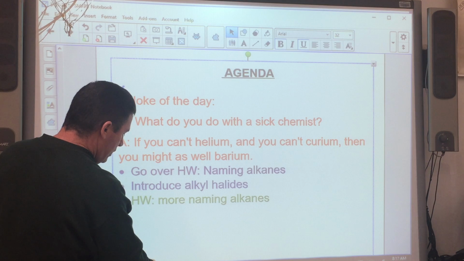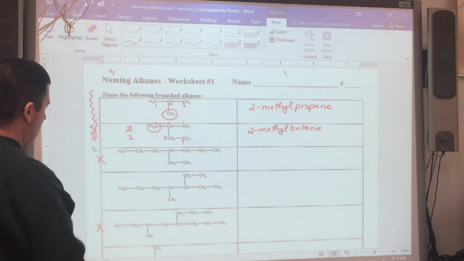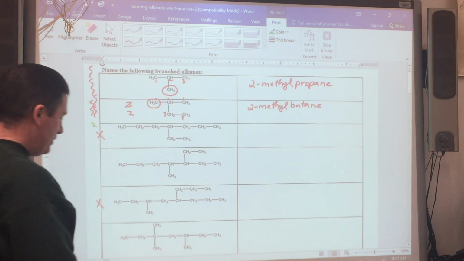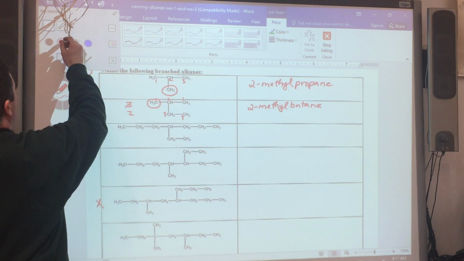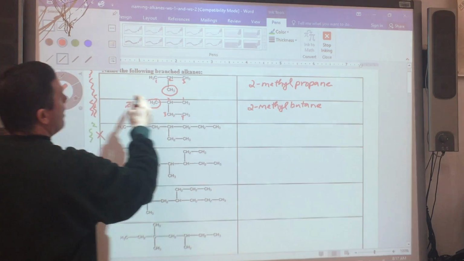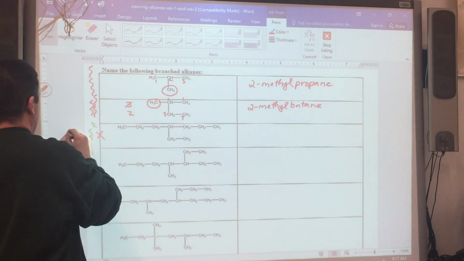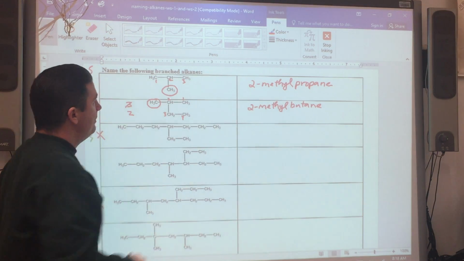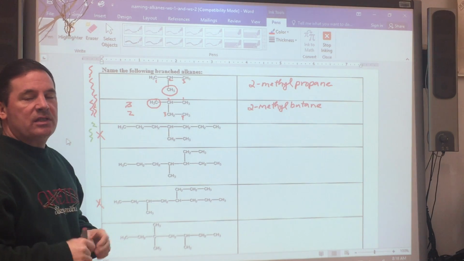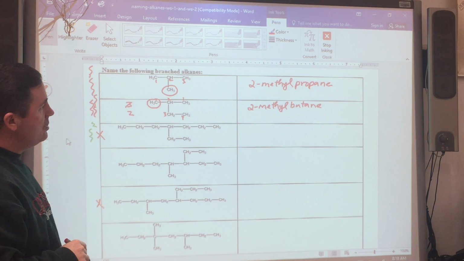The homework was on this sheet. You have to do that one. I also want to reintroduce the condensed formula. So when we have condensed formula, that's just, this is structural formula, remember. Condensed formula is just showing the carbons and the hydrogens and whatever else is in there. Okay? So, just to recap,